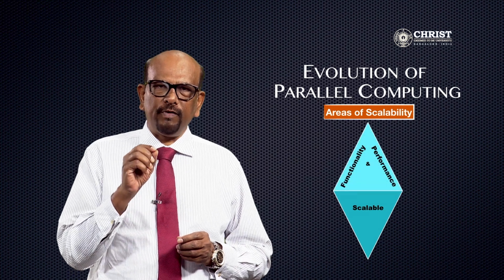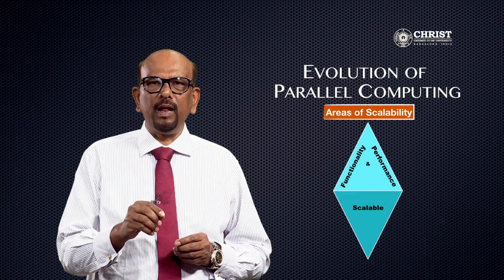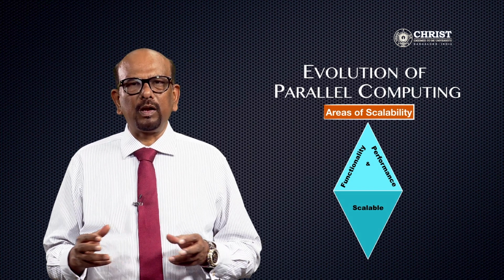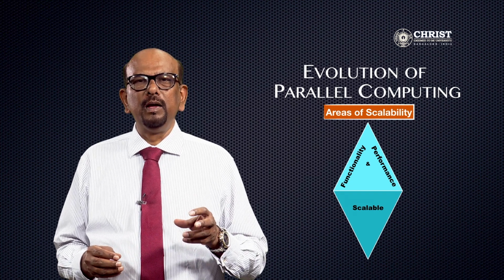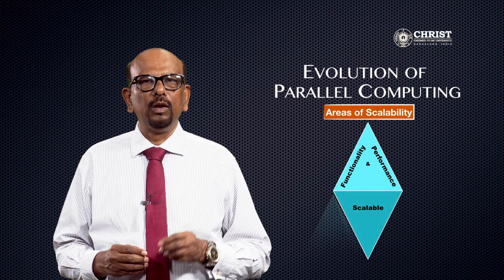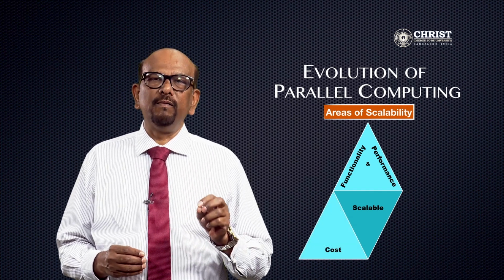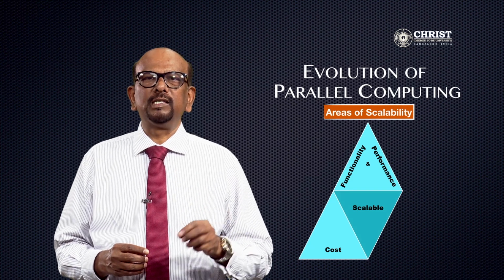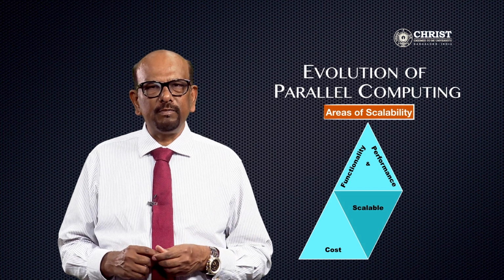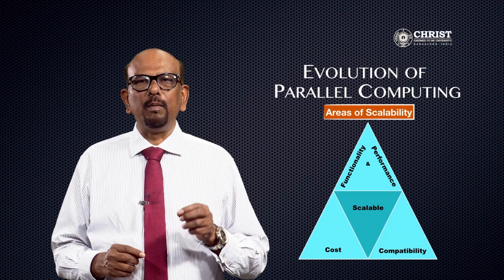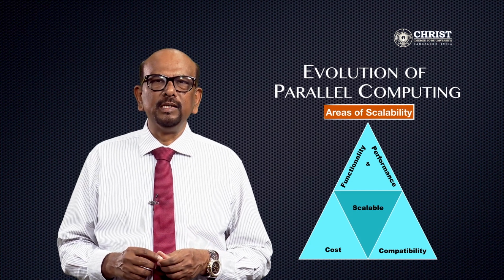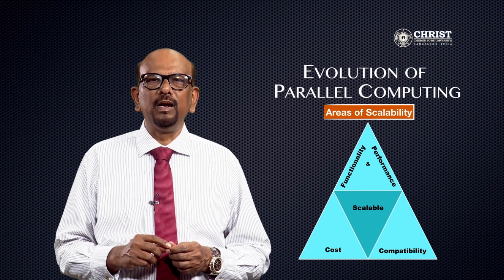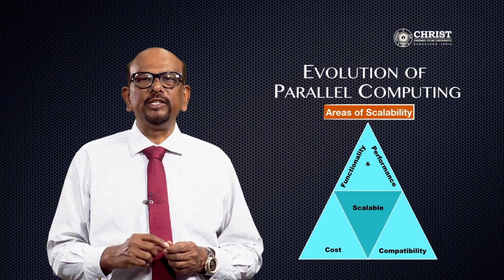They are: 1. Functionality and performance. The demand in terms of functionality and performance increases over a period of time. The architecture must be able to meet the demand by adding resources. Number 2, cost. Cost is always a significant metric. Depending upon the demand, the cost will adjust and provide a return on investment. Third one is compatibility. As the IT industry is a niche one, the changes happen rapidly. The architecture must be able to be compatible with the changes.